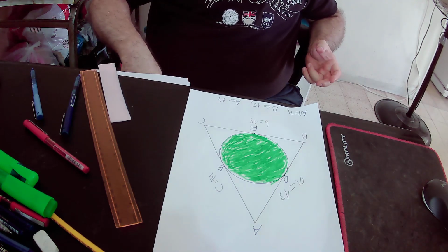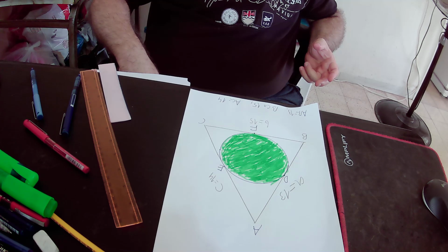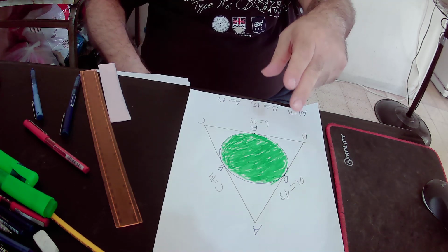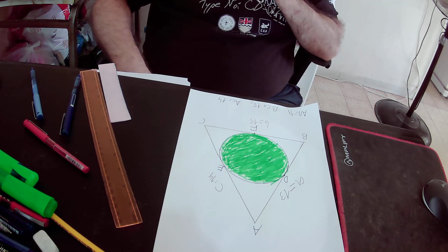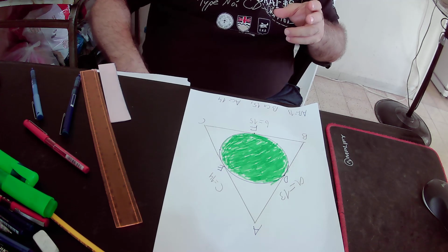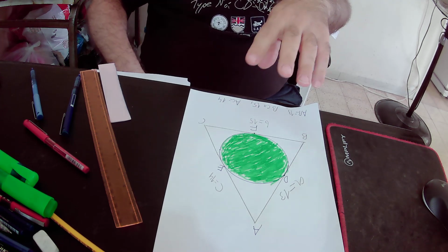And we want to find out the area of the green circle. First of all, we will find the area of triangle ABC,